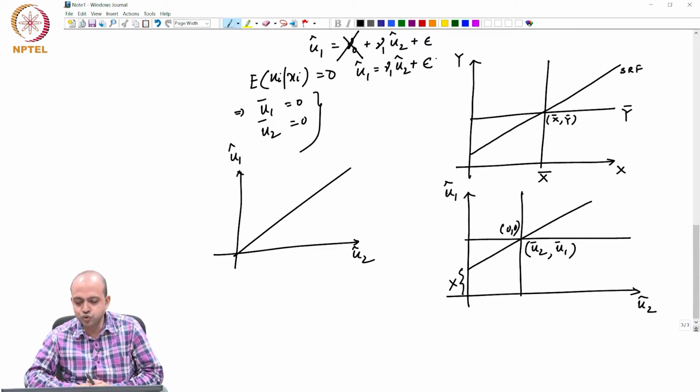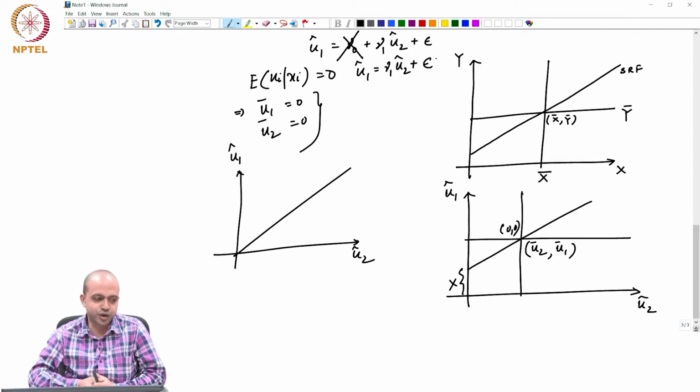And since u1 and u2 both have 0 mean, the sample average of u1 and u2 is 0 and 0. So, the line must pass through the origin, there should not be any intercept term, right. So, this is basically the theoretical portion, that means this is the theory of how to keep the impact of